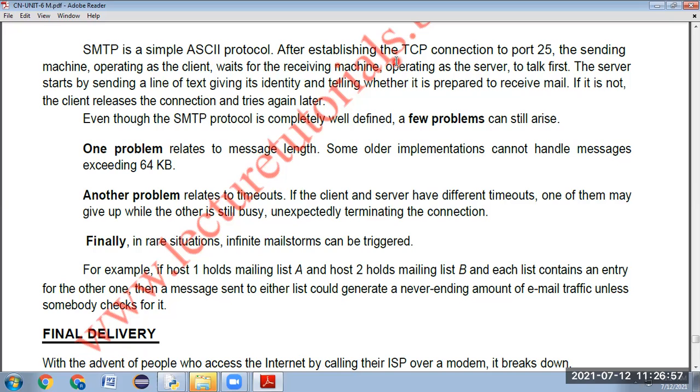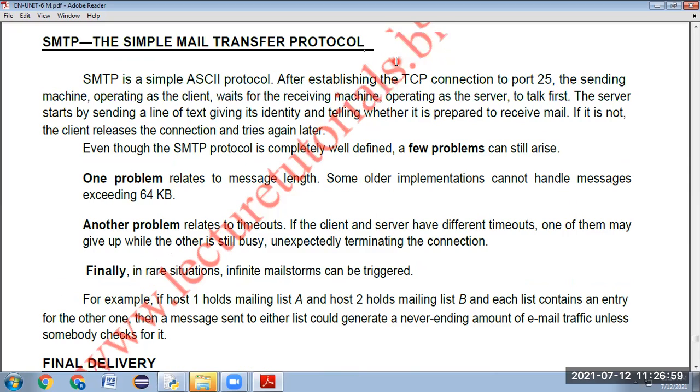Okay, this is the SMTP. Briefly, this is about the simple mail transfer protocol, SMTP. Okay, read this once.